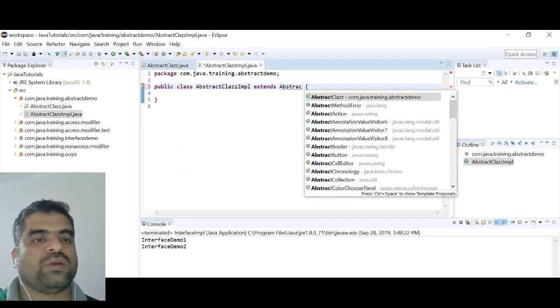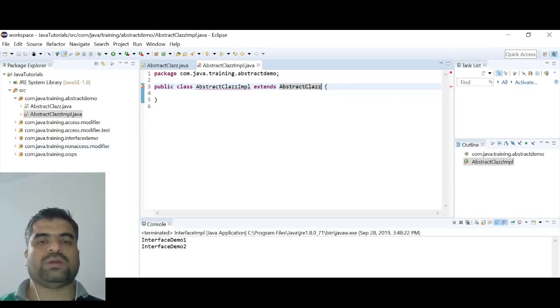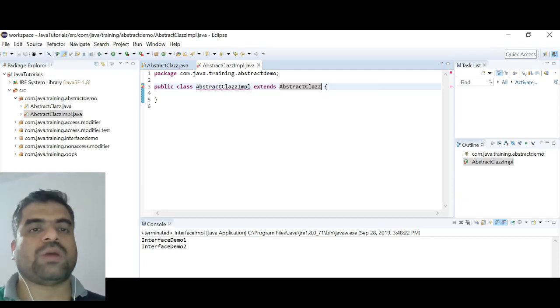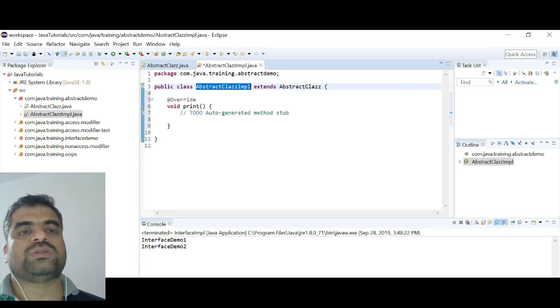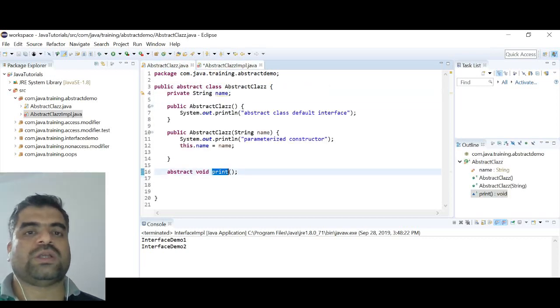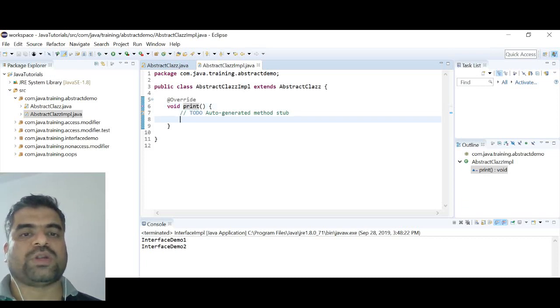Okay, so I have one implementation class of this one. How do we implement it? By using the extends keyword, extends the abstract class. It will complain, as I'm using Eclipse, it complains while coding itself, telling that the abstract class implementation must implement the inherited abstract method. What is the abstract method? The abstract method is nothing but the print method. This is the print method. So if you implement that print method,